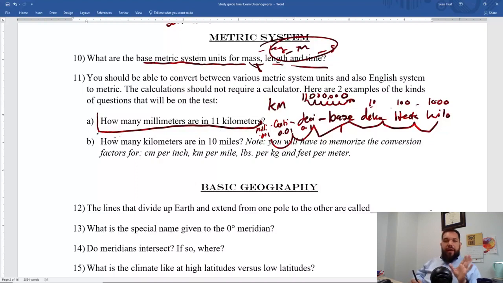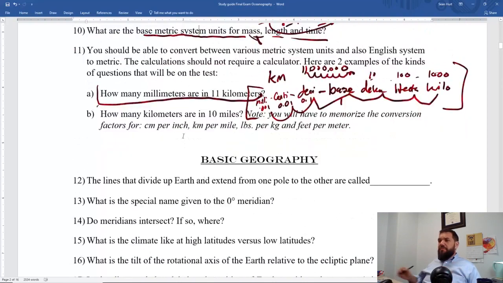Now, I would suggest to you memorize what I just put right here. Okay, milli, centi, deci, base, deca, hecto, kilo, and if you want to come up with a mnemonic device or whatever, but just make sure you memorize that. And you know it goes 1,000, 100, 10, 1, 0.1, 0.01, 0.001. Okay, and then you can write that out. If I were you, I'd just write that out on my paper like a mind dump, and then you can do these conversions easily. Okay, there won't be a lot of these questions, maybe 1 or 2 or maybe 3 on your test.